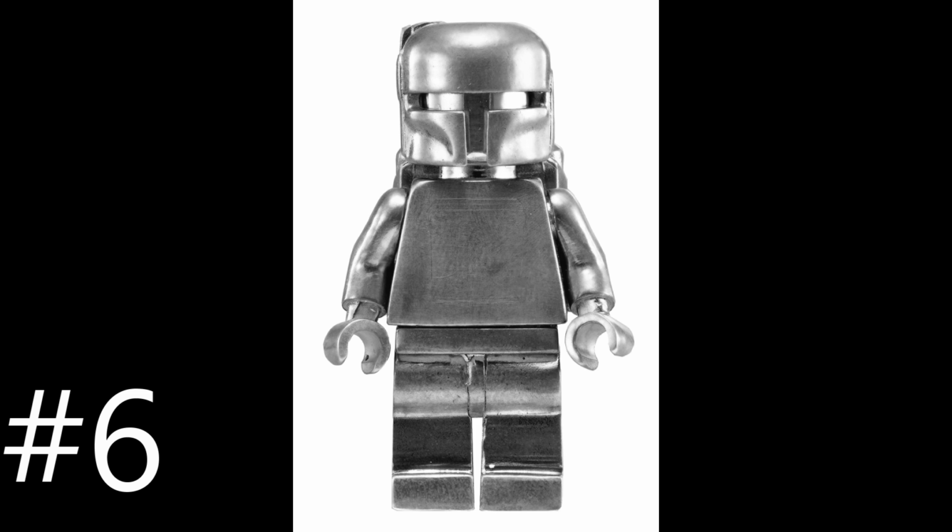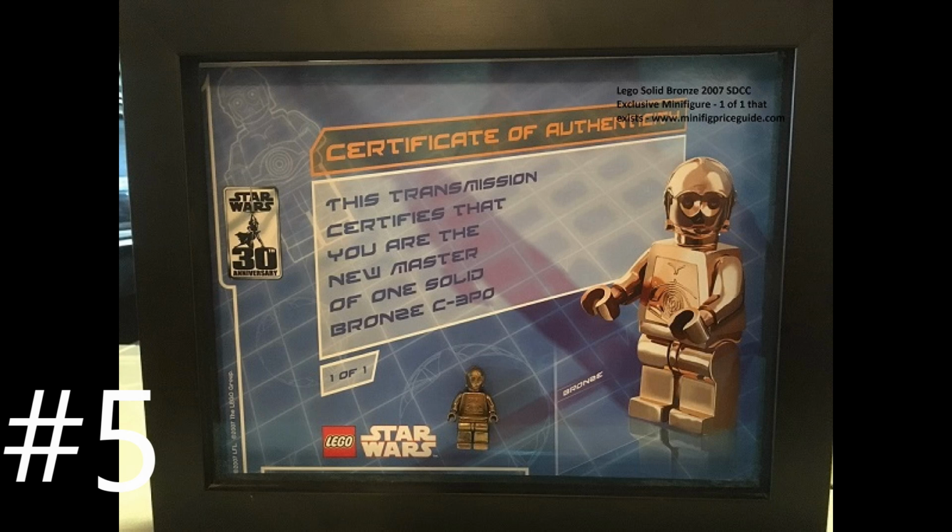But because of the material difference, this figure is currently valued at $8,360. Our next figure here is another C-3PO, except this one, just like the Boba Fett, is also made out of solid bronze. It was released in 2007 and was a promotional figure released at San Diego Comic-Con. Only 1 version of this figure was actually ever created, so that makes it extremely rare, and currently it is valued at